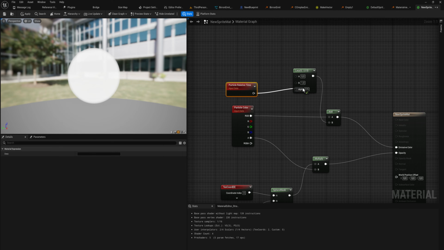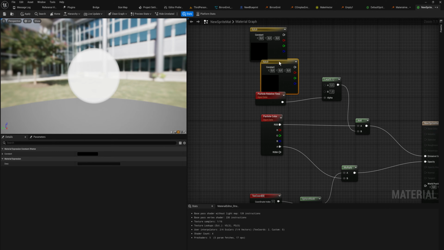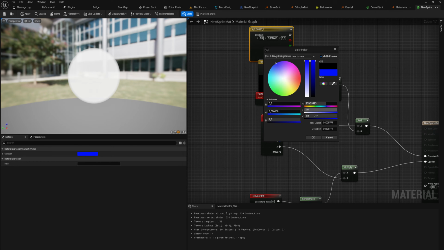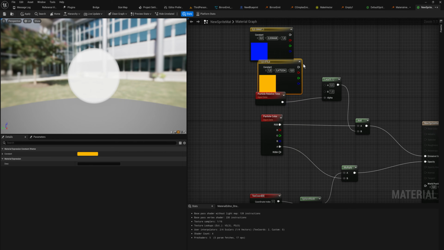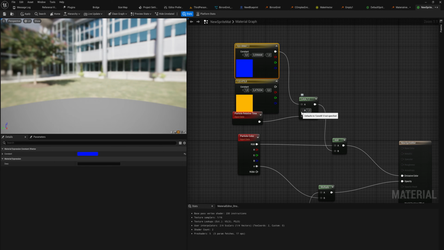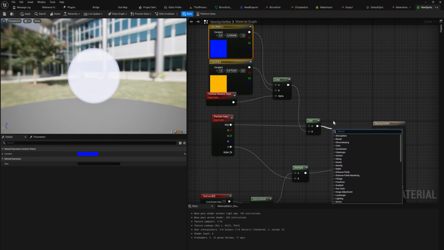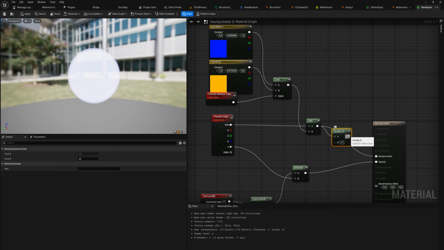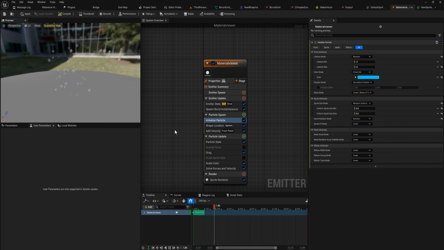So that's going to be going into our alpha here. And then what we want to do is we want to add two constant colors. I think I said blue to orange, right? So let's make this one blue. And then at the end of their lifetime, they're going to be orange. And they will still have their other color added on top of whatever this is. Really, what you probably want to do is you want to then divide this by 2, just so that you don't like overexpose it. And now you can see they start out as being blue,